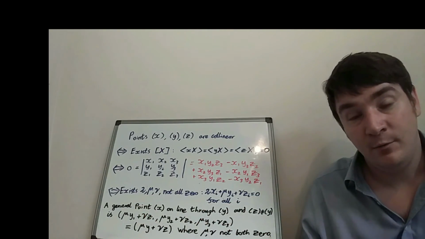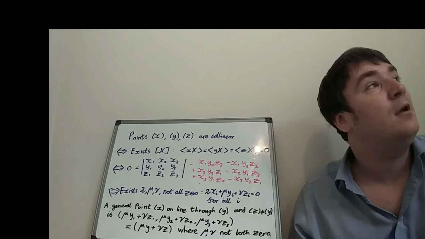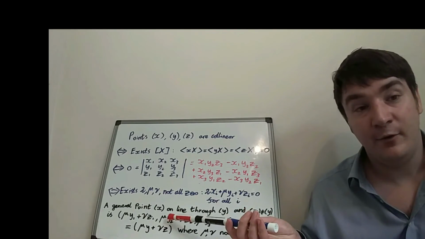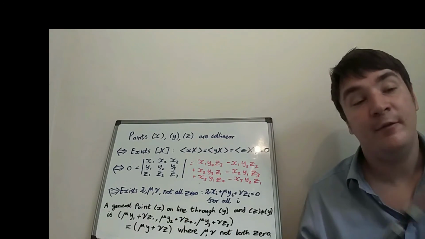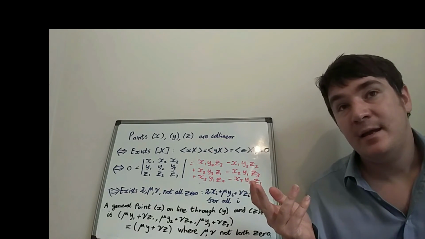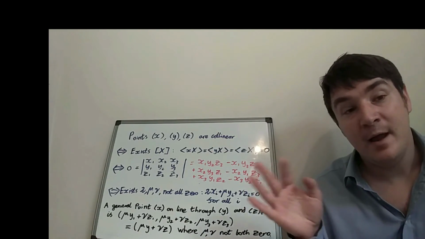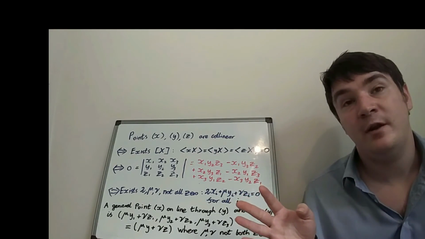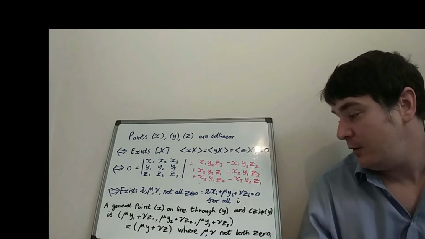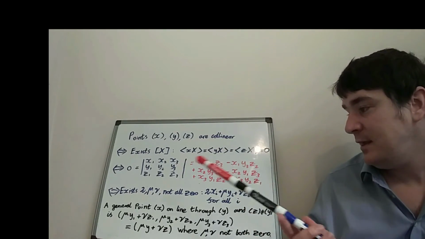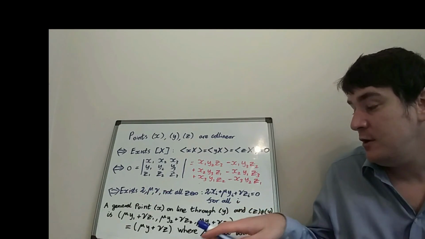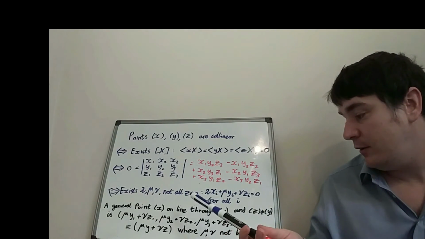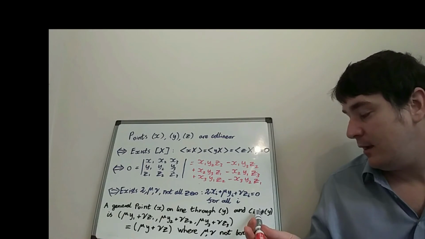Now, when you go through the algebra of this, which I strongly suggest you do, you'll notice that I've done a bit of a trick, in the sense that I've exploited the fact that you can multiply a vector by a non-zero constant and it's still referring to the same point. This is done a lot in this kind of setup. So we absorb the lambda term into the mu and the nu term, and we find that a general point x which is collinear